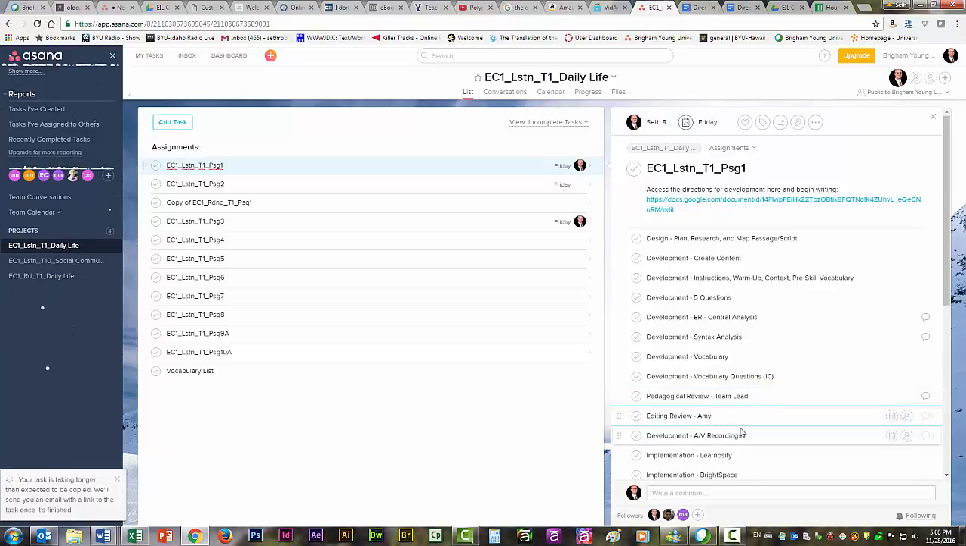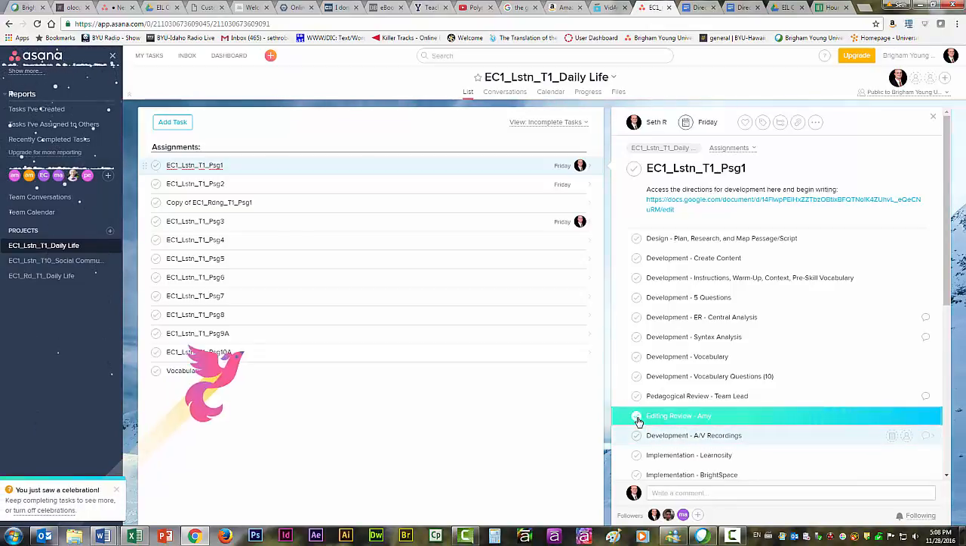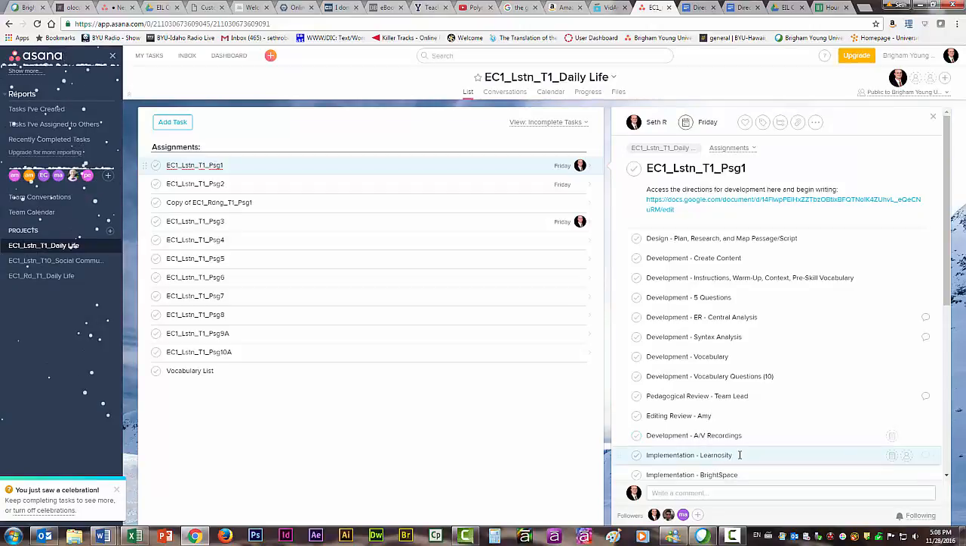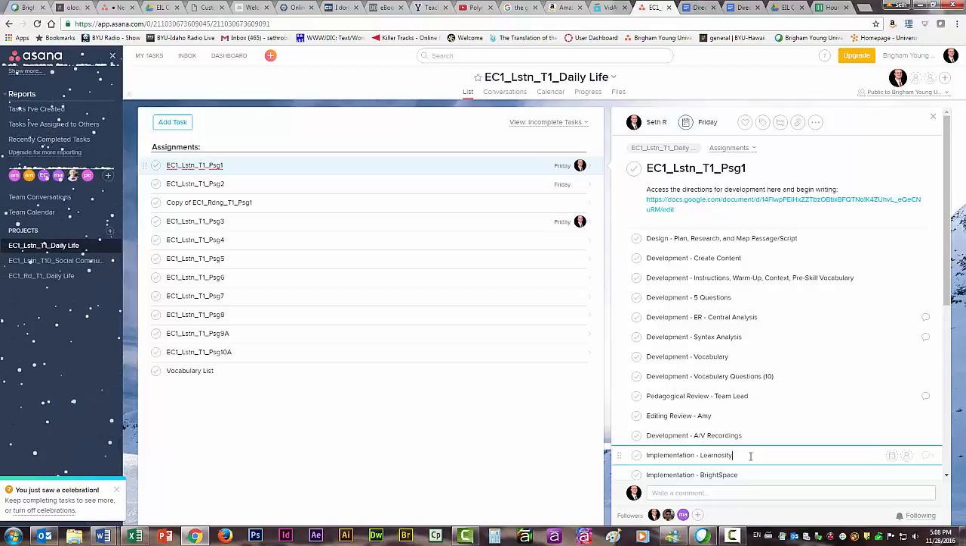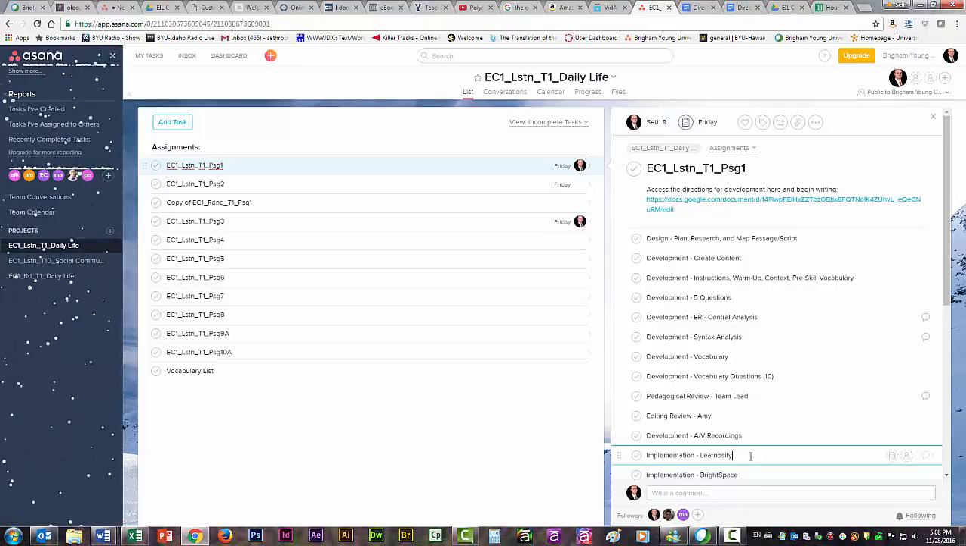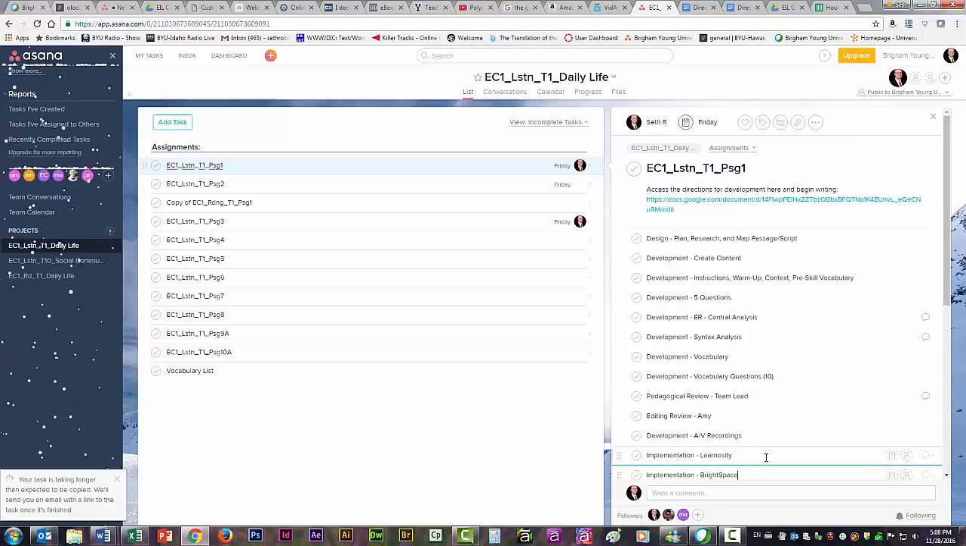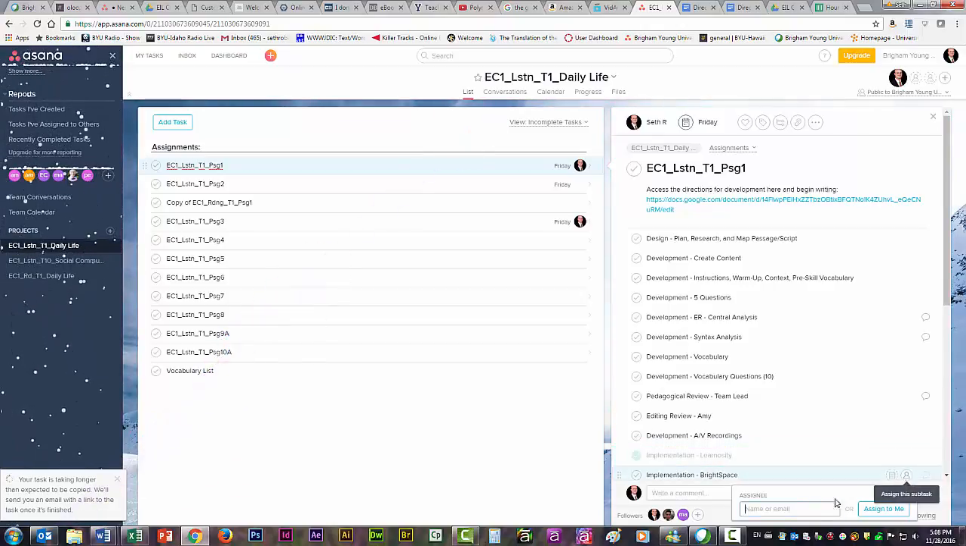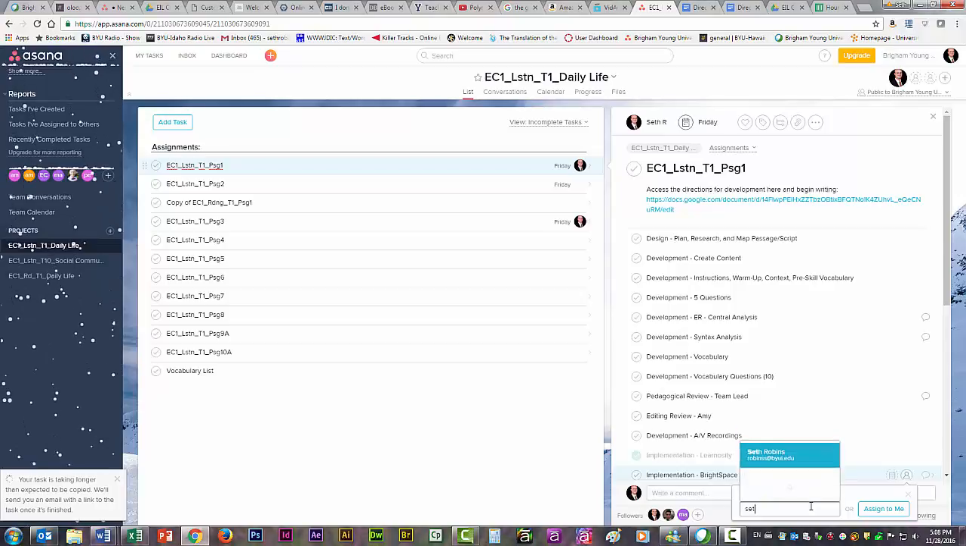When Amy is finished with that, she'll mark it as complete. That's how you mark as complete. Okay, we'll unmark that. And then she'll do the AV recordings for listening. She'll mark that as complete. And when that's finished, then it will be implemented into Learnosity, at which point Ted will implement it for the time being. After that, Ted will mark this as complete, and then he will assign this to me